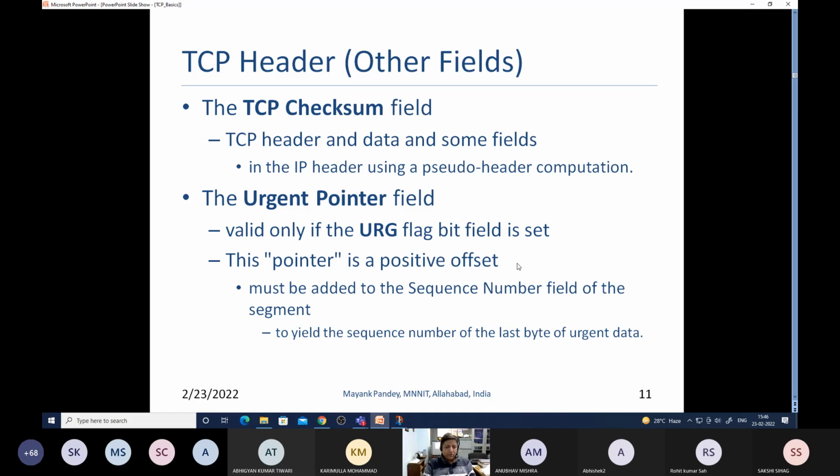Suppose you want to tell the receiver that, okay, in these 20 bytes, the initial 5 bytes or initial 10 bytes are most urgent, so pay attention to them first. Instead of seeing the whole segment, just pay attention to the urgent bytes. So this pointer is nothing but a positive offset that must be added to the sequence number field of the segment. The sequence number field of the segment means the first byte sequence number of the segment, to yield the sequence number of the last byte of